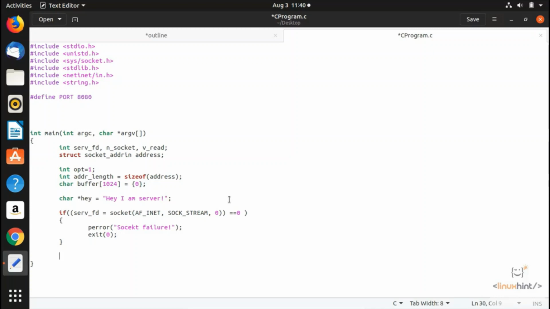So for that what we would do, we'd write another if condition, and we'd write here setsockopt, okay, and after that inside of it we're gonna write here server_fd, and then we're gonna write here comma, SOL_SOCKET, comma, then we're gonna write here SO_REUSEADDR,